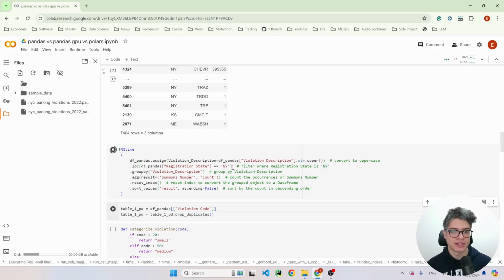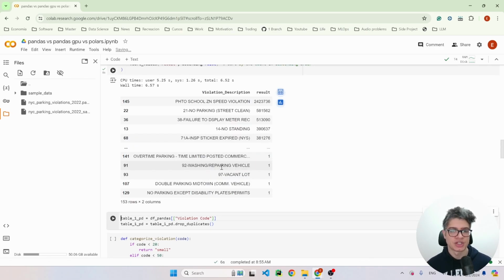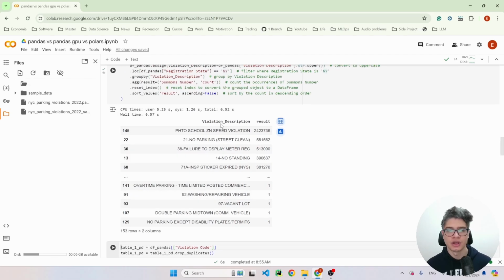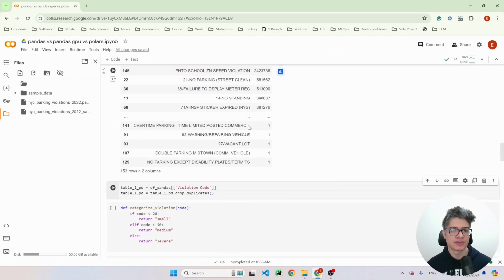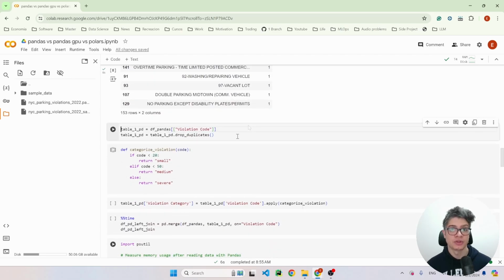We also filter data in cases in which the registration state is New York, and so on. So here we can see that it took 6.52 seconds, which is not that bad. Let's proceed now to create another table, because I want to show you how fast it is to perform a